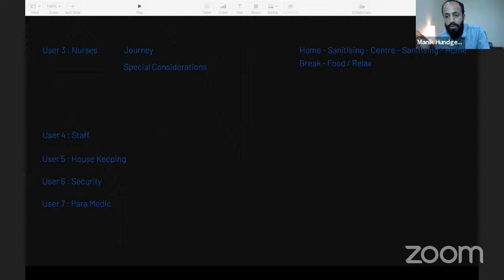Another user which is of concern is the housekeeping. How do you go about creating a system where housekeeping can go on in such a situation? Where do you keep the mop and all the dusters, whatever material you're using for housekeeping in that area? Where are you going to store it? How do you make sure it's not just lying there in the open somewhere, that it is secure and people know where it is, right? So these are small things. It could be a 2x2 section on a side, even a temporary thing where things are kept in an organized manner. And